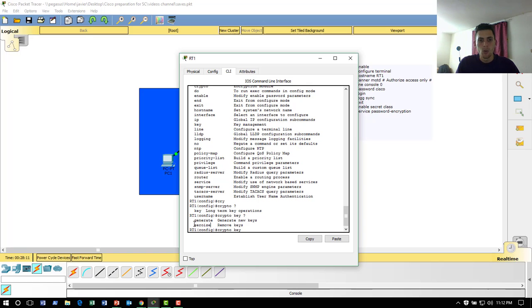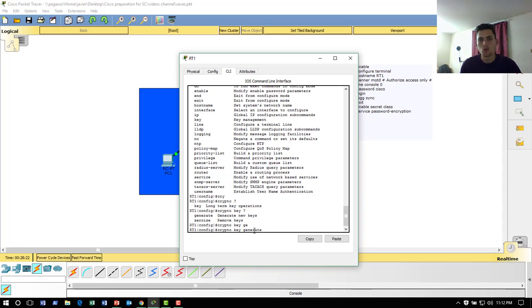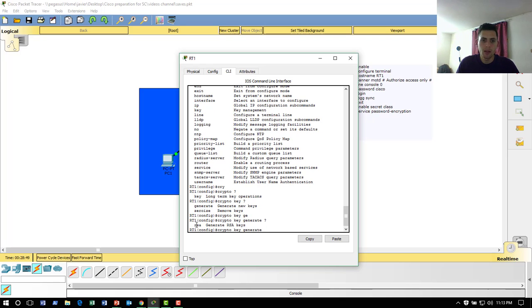or a zeroize. What zeroize does is it removes the keys, so whatever key you have created will be removed, and generate will create a new key. So we're gonna say generate because we want to create a new key, and this key is the one that would allow the users to decrypt the connectivity when you are trying to access the switch through SSH. So crypto key generate, then we're gonna use help again, and then there is RSA. I don't know the meaning of RSA, but it's one kind of encryption key that Cisco uses. It's the only one that it uses, so we're gonna use that one, RSA, and then we're just gonna